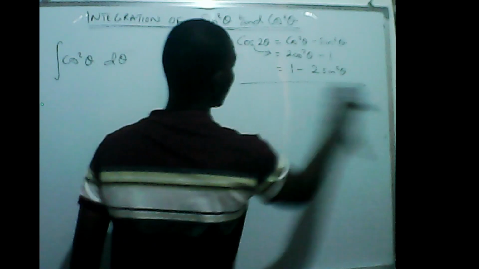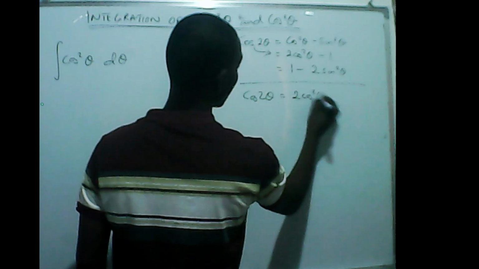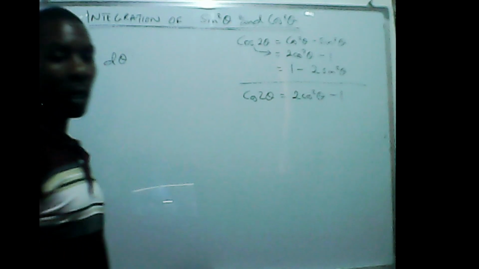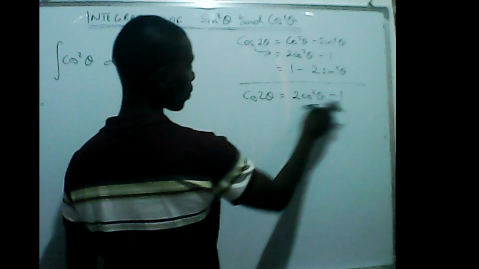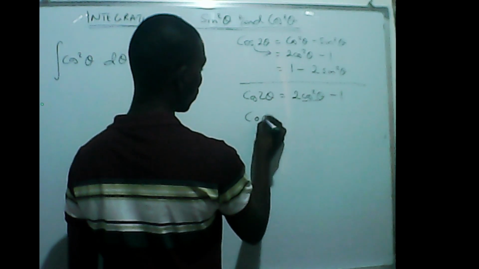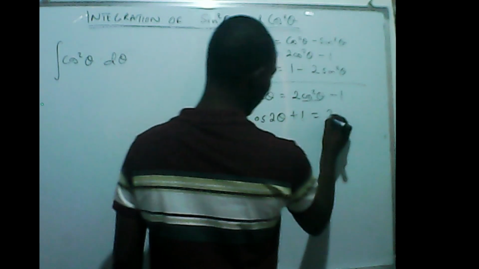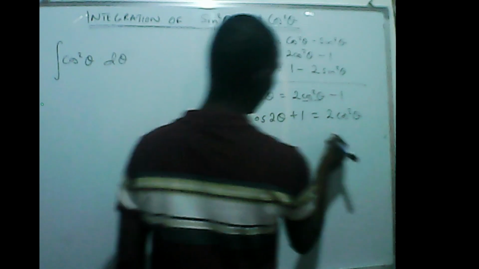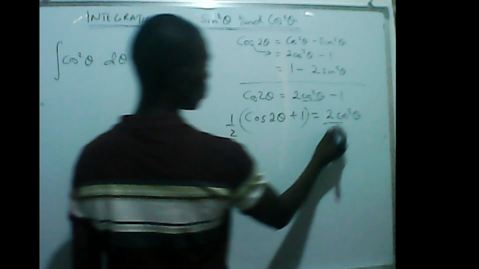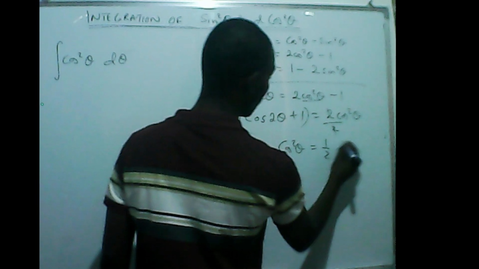In this case, we can take cos 2 theta is equal to 2 cos squared theta minus 1. Then we make cos squared theta the subject of the formula. We move 1 to this side. So we have cos 2 theta plus 1 equals 2 cos squared theta. Then divide both sides by 2. Here we have cos squared theta is equal to half of cos